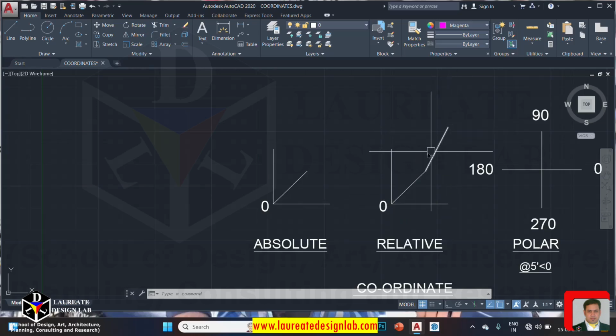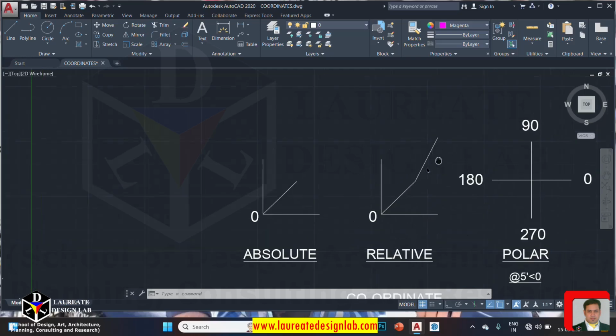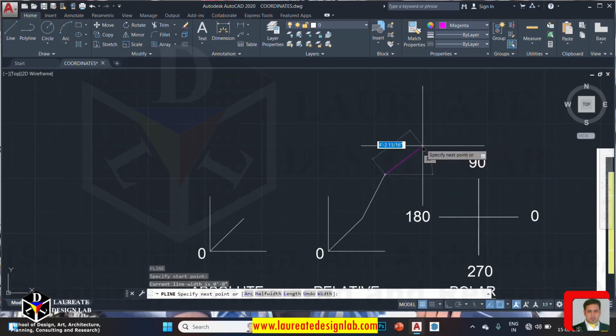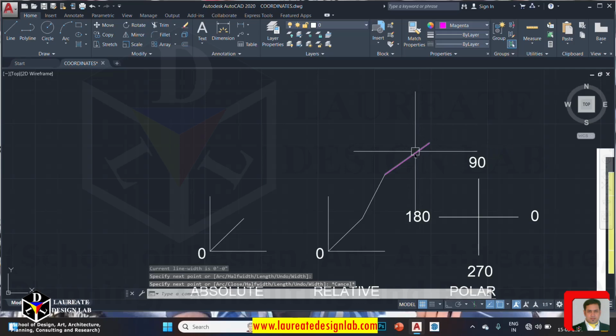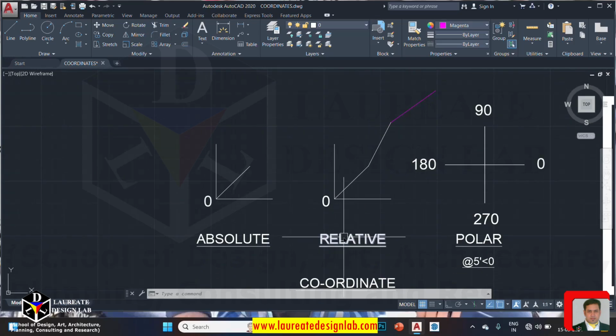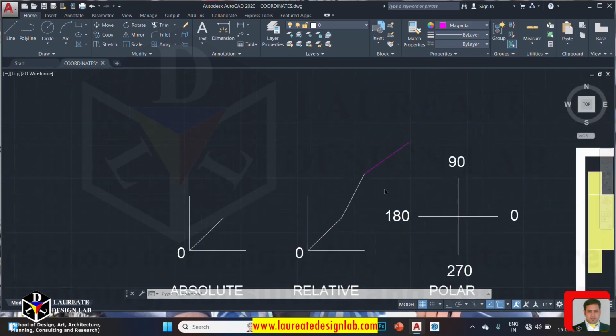This point is not referencing from this point, it is referencing from this point. So in relative coordinate, every time you start making a line, this point is not referencing from this point. This is now referencing from this last point. So what relative coordinate says is that the next point will always reference from the last point, not from the origin